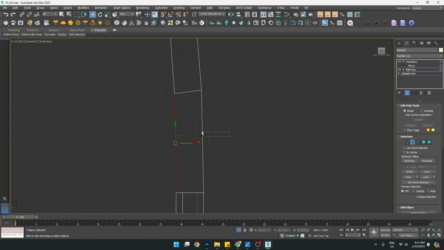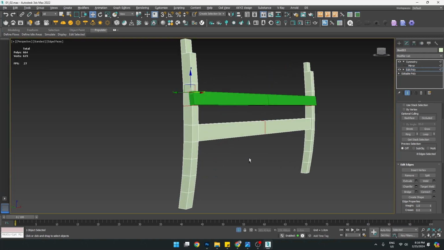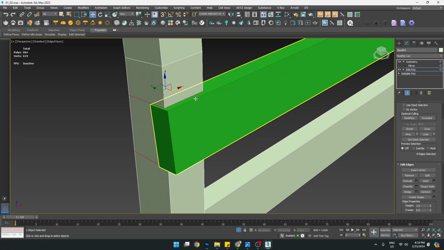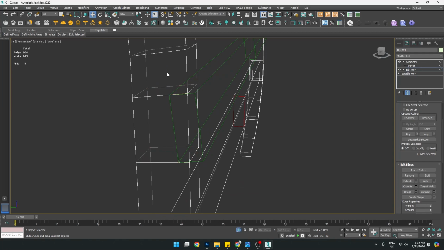Okay, let's select these two segments. Let's select all these segments, or you can select one and use the ring. Go to connect, add two segments, slide it. Yep, it's in the right proportion. Okay, with these two segments selected, okay, we have all four selected. Now we don't need that. We'll select these two,